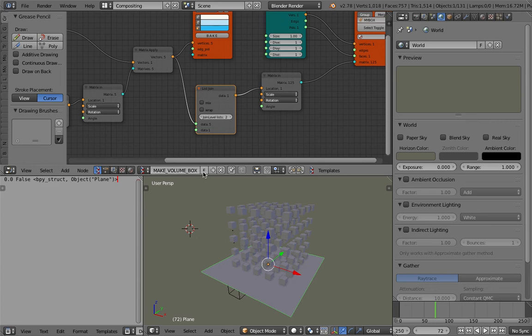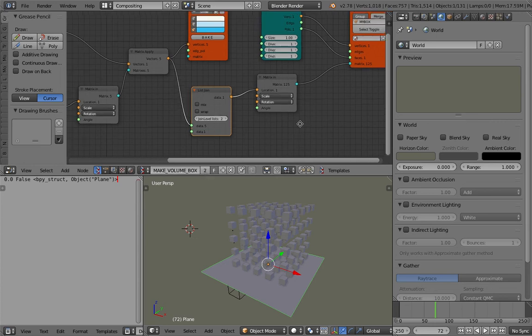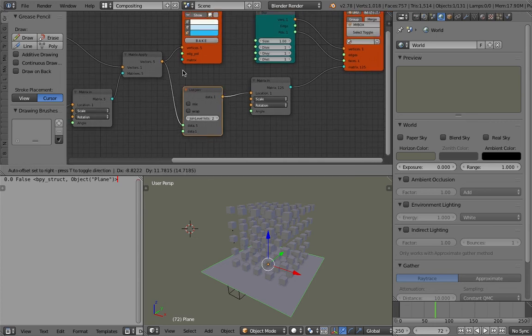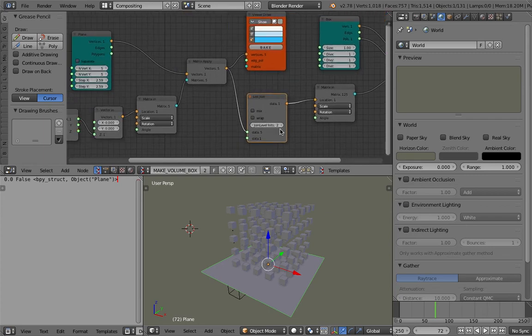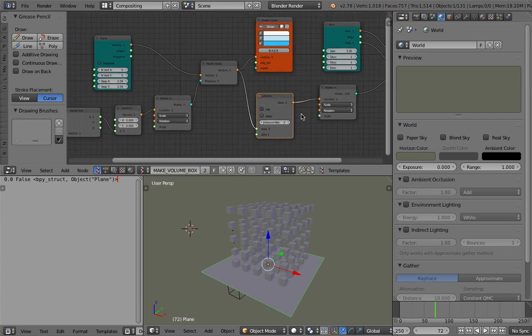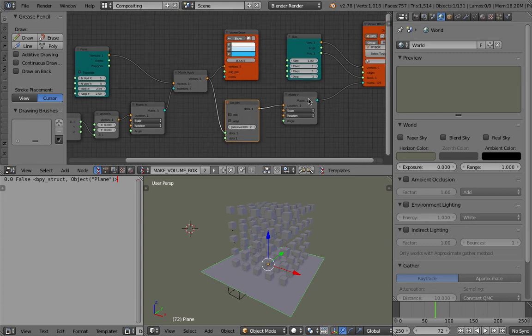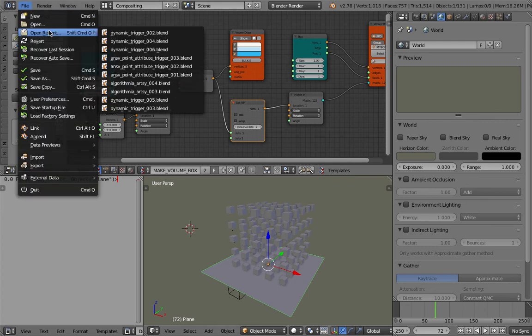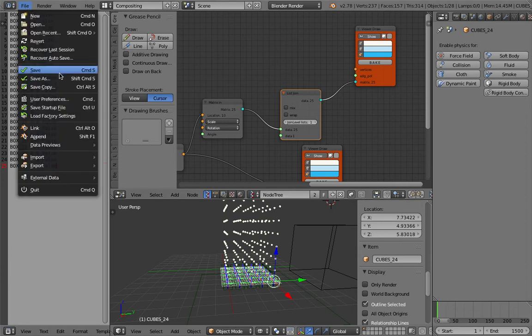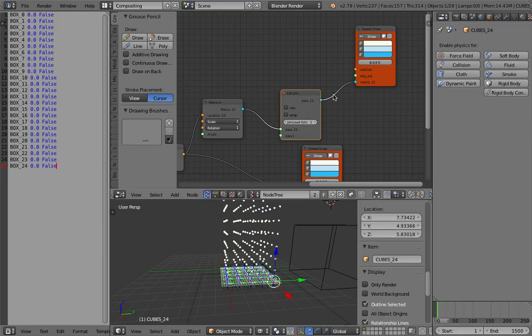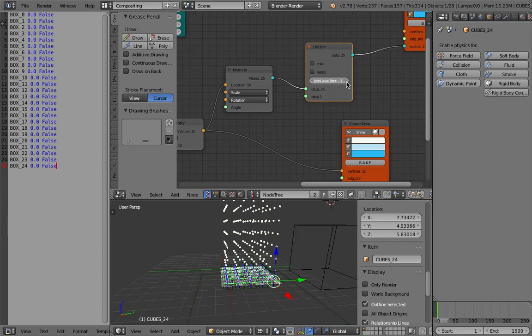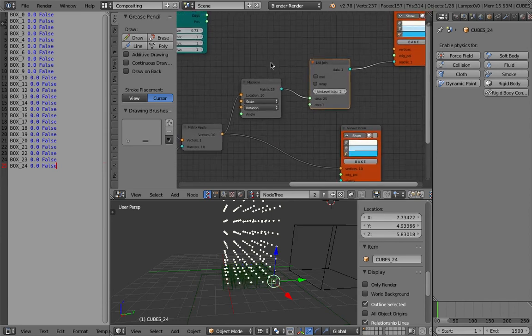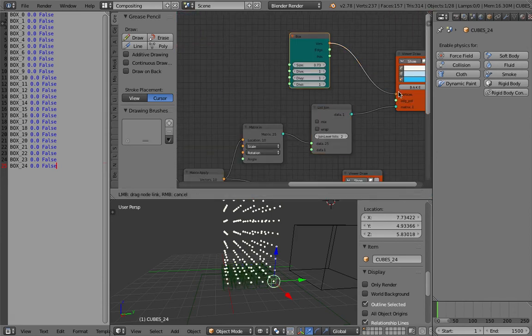Make volume box. I should have turned on this guy. This one is important. It says list join and matrix apply. List join level 2. Yeah, this seems to work. File, save as, join level 2, and then this is